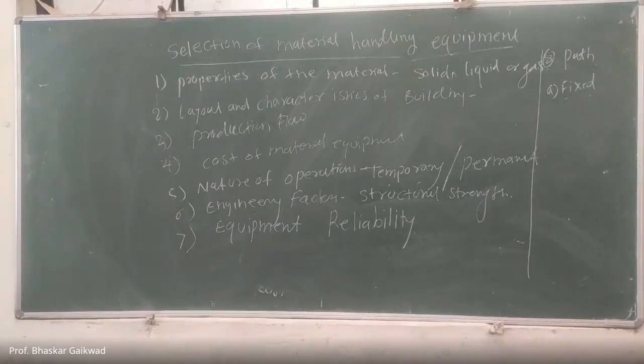Here are the main disadvantages of this type of layout. Once one of the machines in the line has a breakdown or needs maintenance, the whole line will stop. Initial investment is very high, production planning and control is very difficult, and there is a high labor cost. This is about the product or line layout.